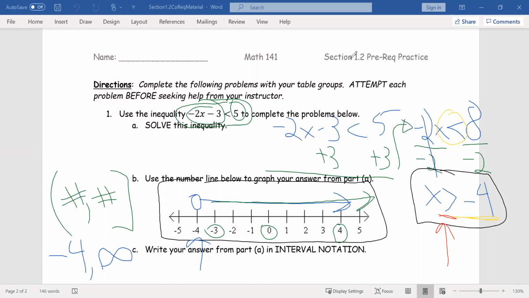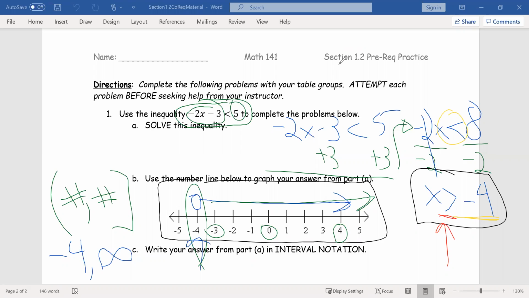Okay, the next thing is to determine whether we have parentheses or brackets around these. We use a bracket when a number is included or there's a closed dot. Sorry, I think I said that wrong at first. We use a parenthesis when there's an open dot, meaning the number is not included or not part of the solution set. So here, because -4 has an open dot,